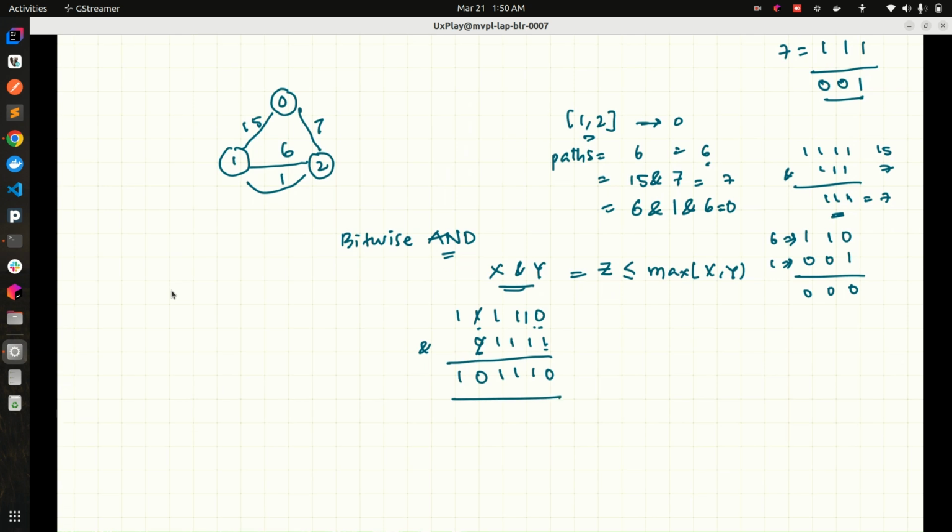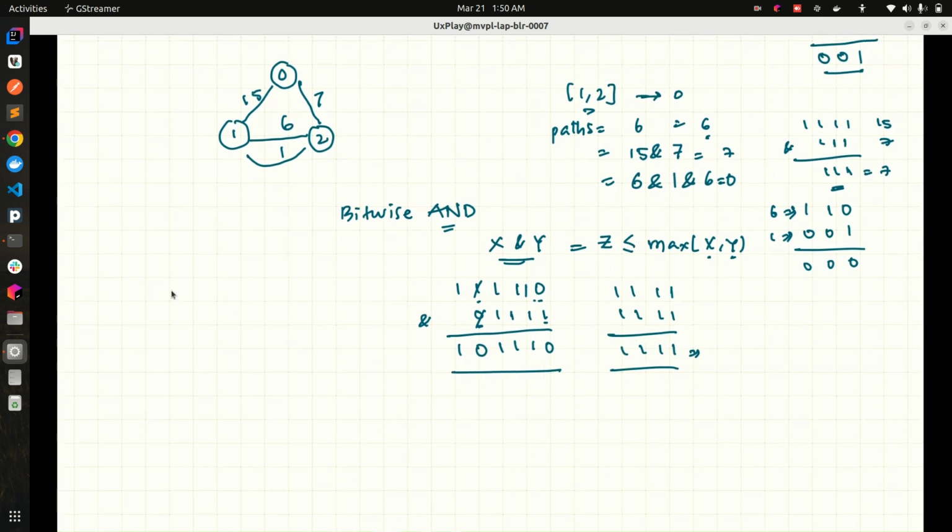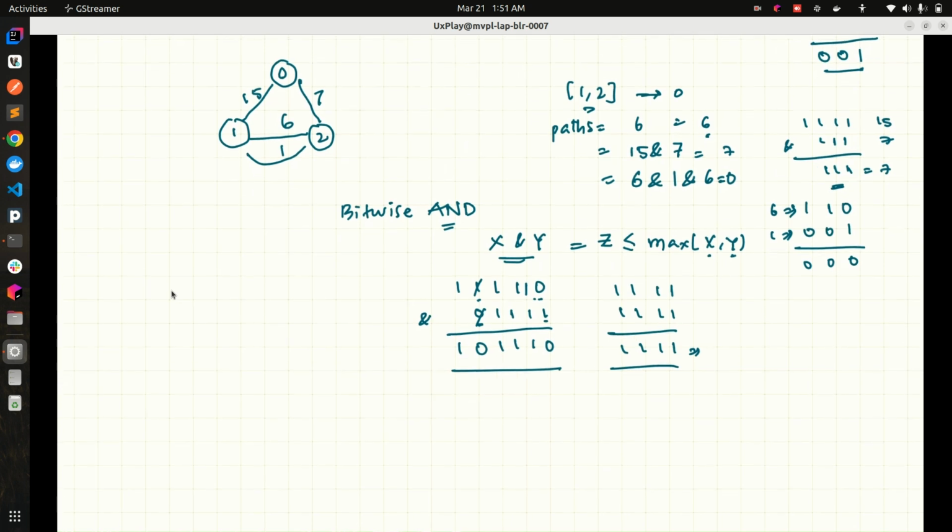So if both the numbers have a similar set of bits, then the result will be similar. So at any point of time, the result will always be either equal to one of the values, or it will be lesser, right? So our aim is to minimize the bitwise and